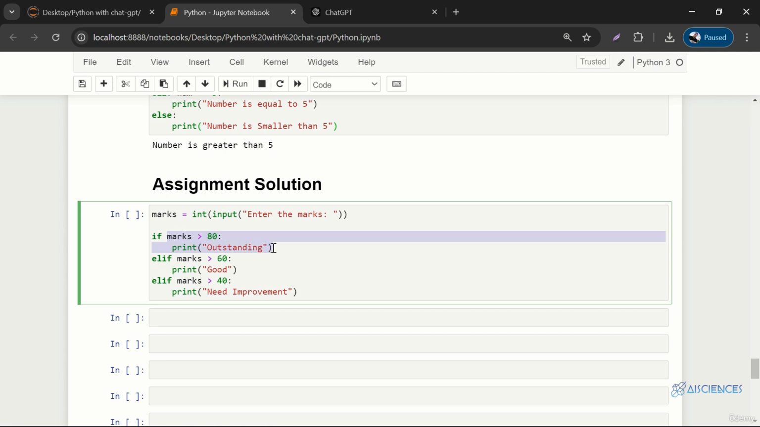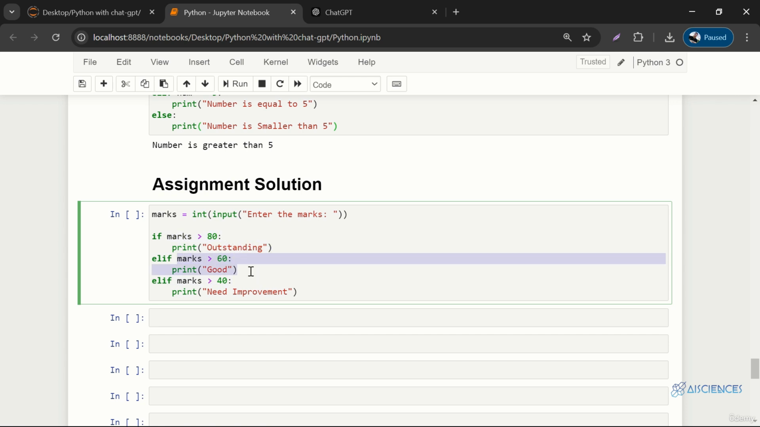Okay, so if marks are 55, for example, 55 is greater than 80? No, false. So ignoring this. 55 is greater than 60? No, false. So ignoring this one as well. 55 is greater than 40? Yeah, that is true. So it will print out need improvement. But